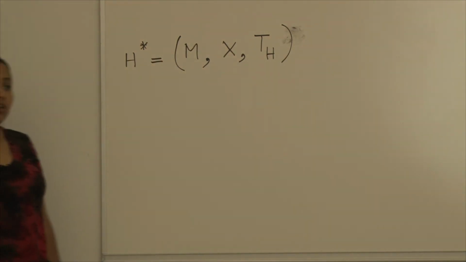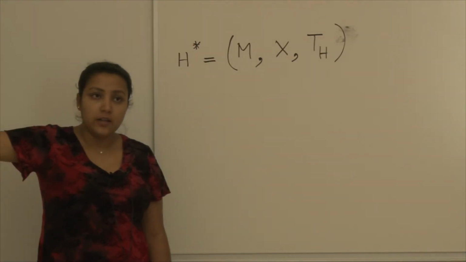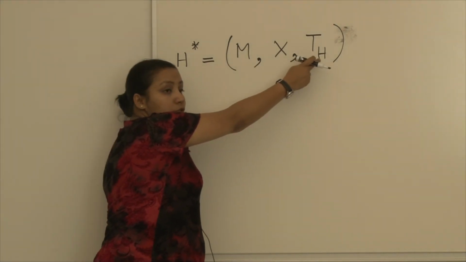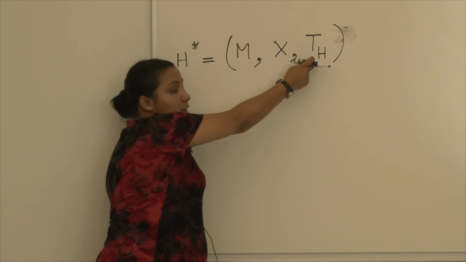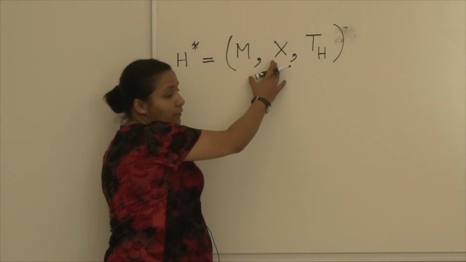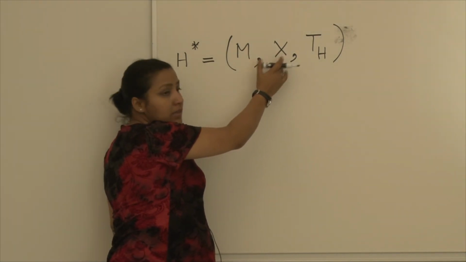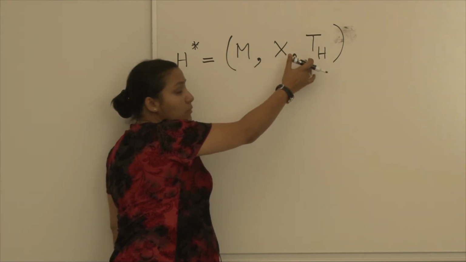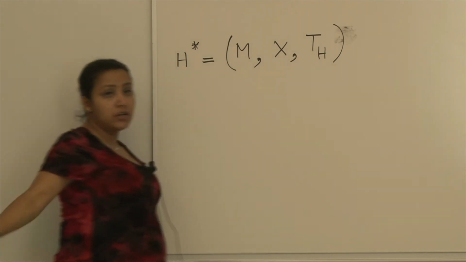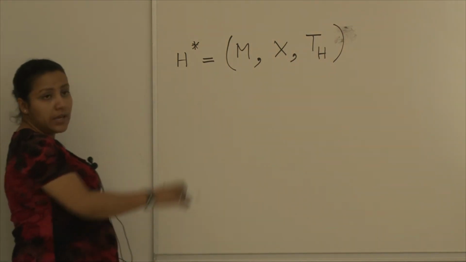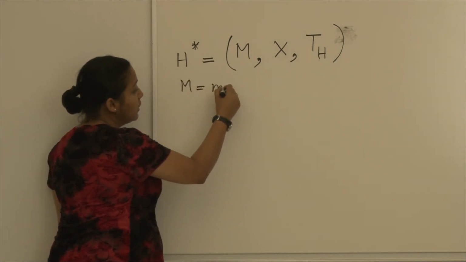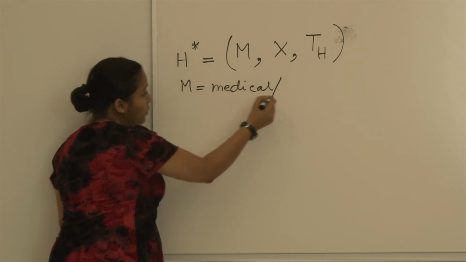For example, if you are consuming the services of a doctor, then the doctor services are included under M, but the time that you spend at the office of the doctor, that goes under TH, correct. Similarly, if you are having a better diet, then X is the better diet, but the time that you need for preparing the better diet, for preparing the better food, that goes under TH. So what we are trying to say is that health stock is a function of the direct medical or healthcare inputs,